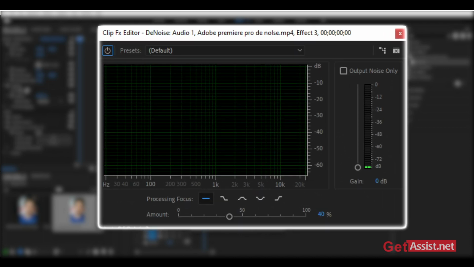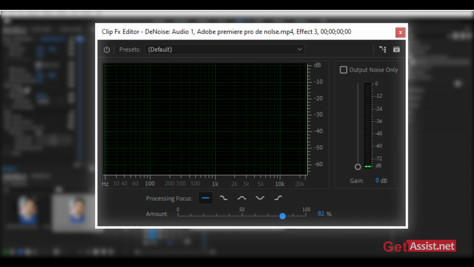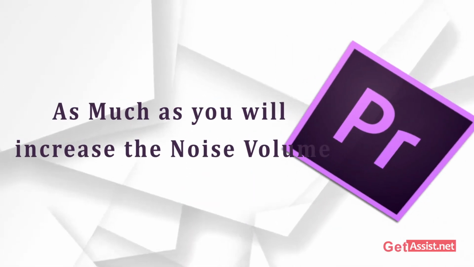You can see the scale from 0 to 100. Now the default scale is at 40. If I will increase the number of denoise, so it will reduce the noise as much as you will increase